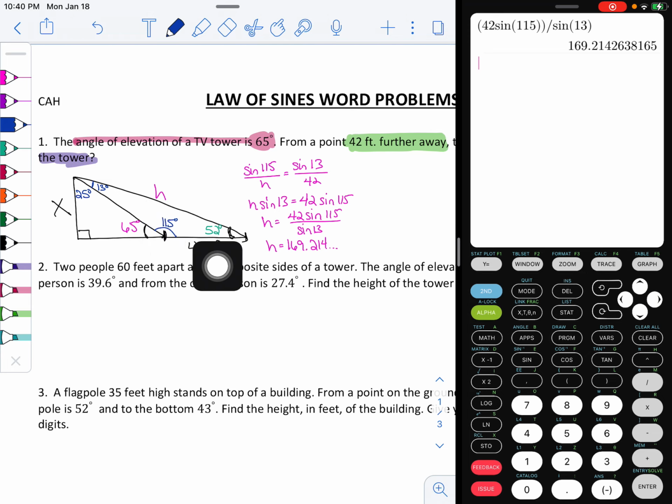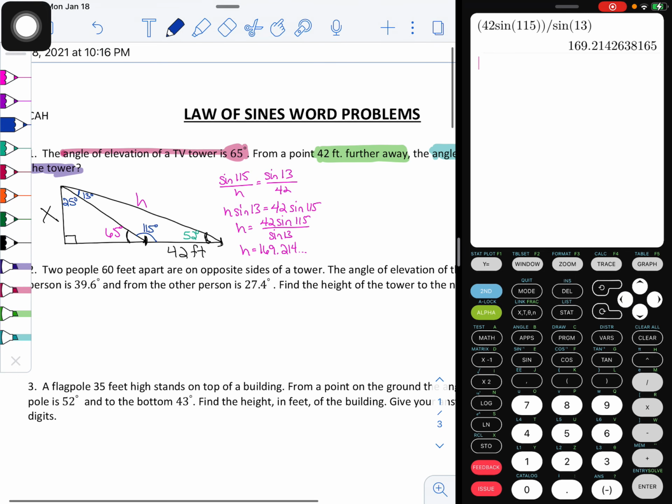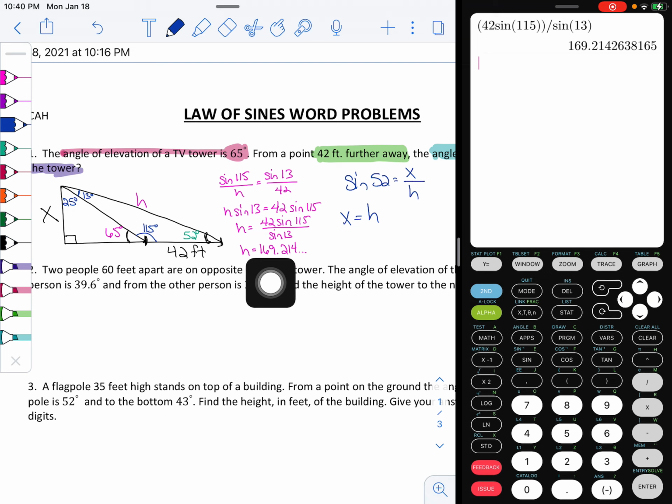Okay, now that I know this hypotenuse, I'm going to ignore all this stuff inside, and I just want to work with this 52-degree angle here. I know my hypotenuse and my x value. So if this is my reference angle, this is opposite, this is hypotenuse, we're going to use regular sine here. So sine of 52 is equal to opposite, which is x, over hypotenuse. So x is going to equal whatever h is, which is this 169 point whatever, still sitting in my calculator,